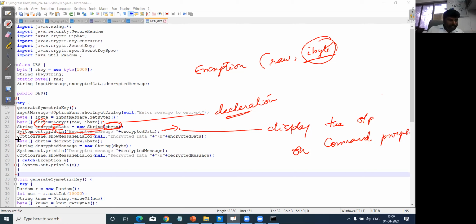And followed by the same option, the same answer. Here the JOptionPane option, I hope this is clear. JOptionPane is a window.